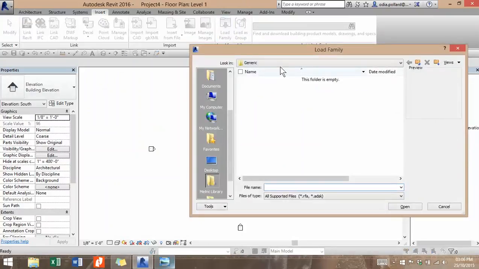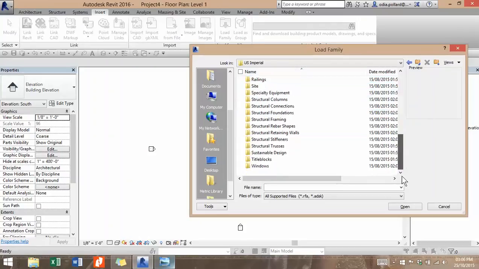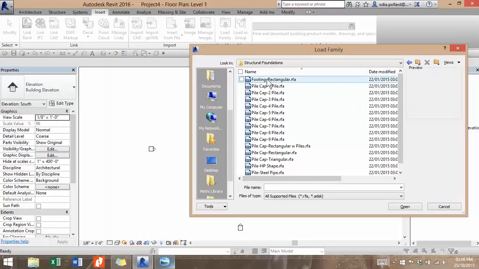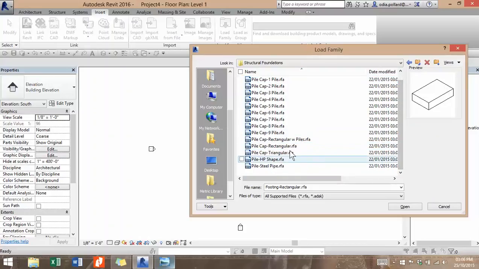We're going to go back into Load Family, US Imperial, and we're going to Structural Foundations. We want to insert the footings. Now you have all these other choices, pile caps, which we are not using right now. So the footings, we want to open that,